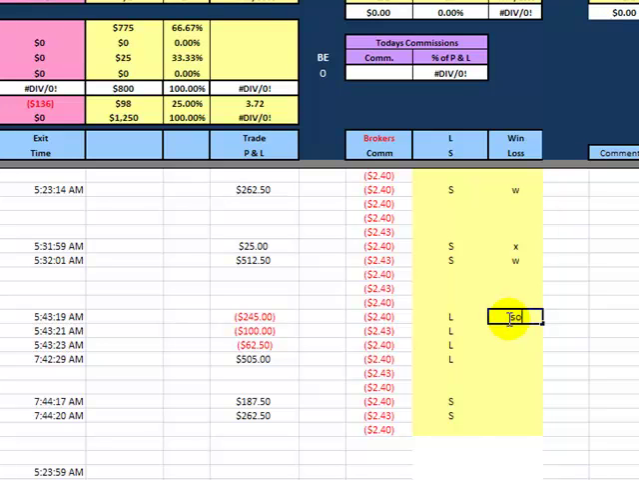It's $245, way over my risk amount. There's another stop out. There's a loss. Now we got a win. And another win. And another win. Once you have actually put that code in column R,